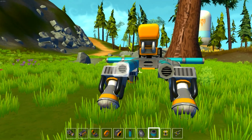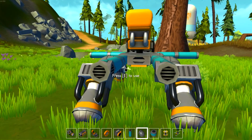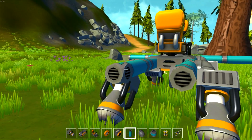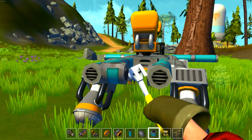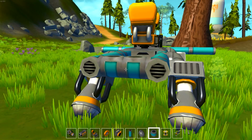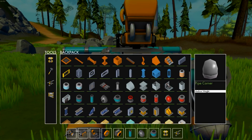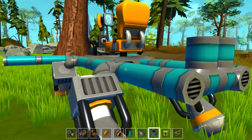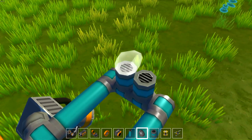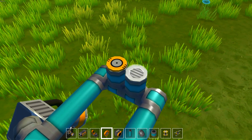Because we need... like that. Because we need to have some way to have turning back here. Some thrusters for turning. All right, and so I think that should work. And we're going to have to get out the little ones, I think. Like so. And then this one needs to be...